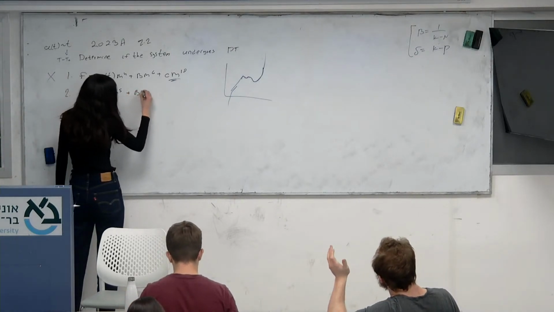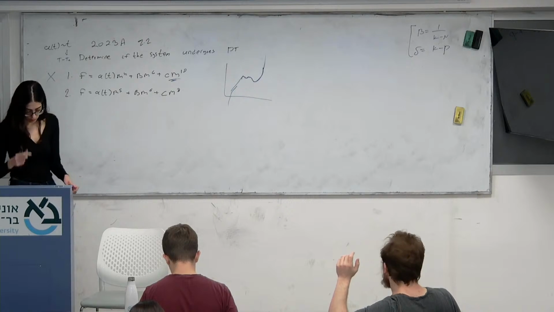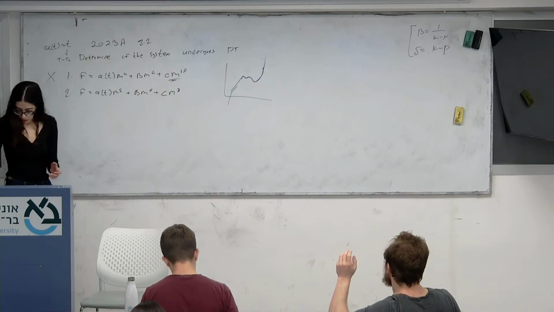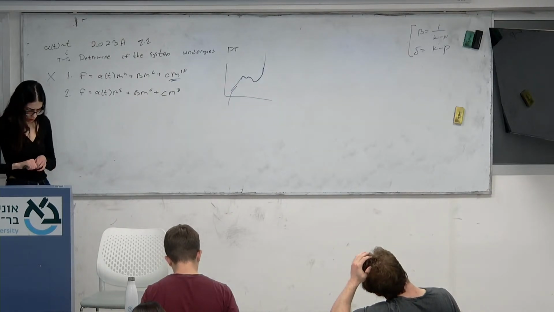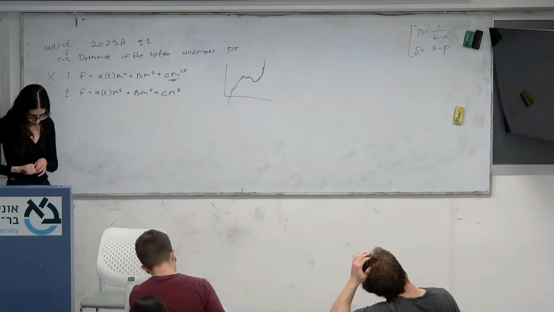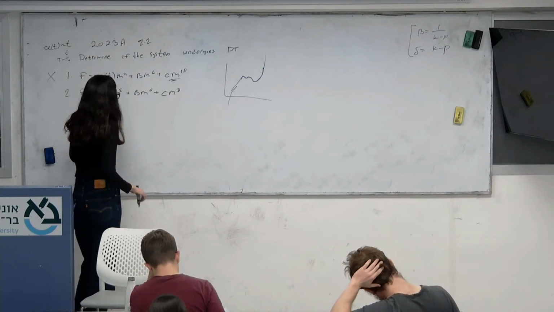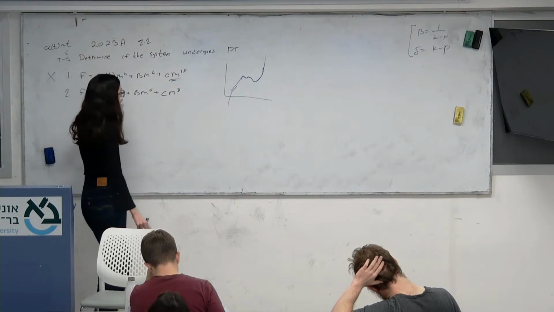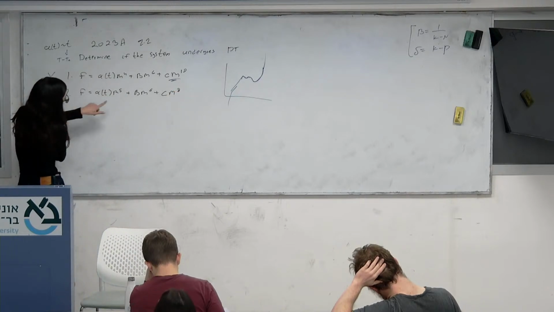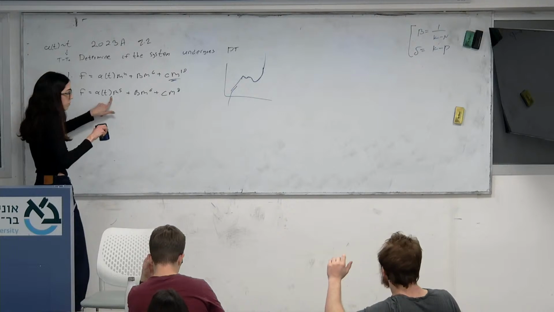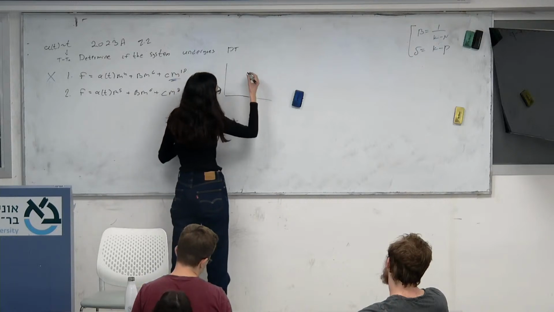Then b, m to the power 6, and m to the power 8. So it's the same thing in the sense that it's going to break the symmetry. It's not going to look the same, because this again affects the smaller values of m. So it's not going to give me a convergence point, but it's going to give me something that looks like